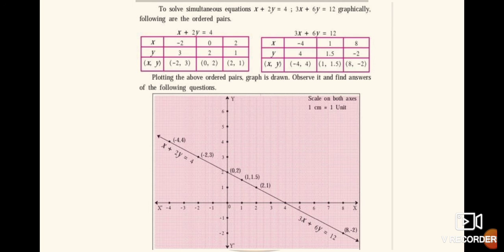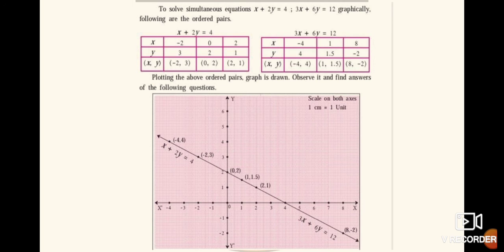How has it become possible? Yes, if you multiply the first equation by 3, what will happen? 3 into x is 3x, 3 twos are 6y and 4 threes are 12, and that is only the second equation, 3x + 6y = 12. Means, my dear students, these two equations are exactly similar to each other, therefore their points are shown on the same line, or it has become possible for us to show those 6 points on the same line.